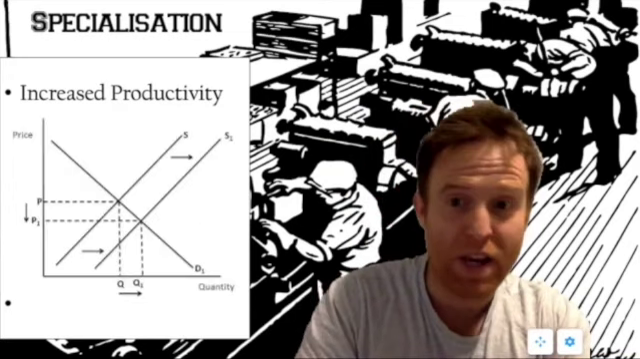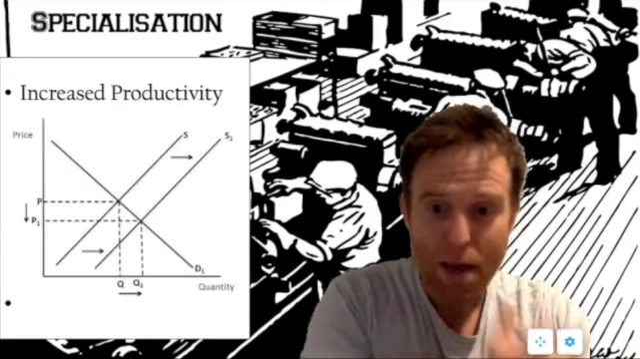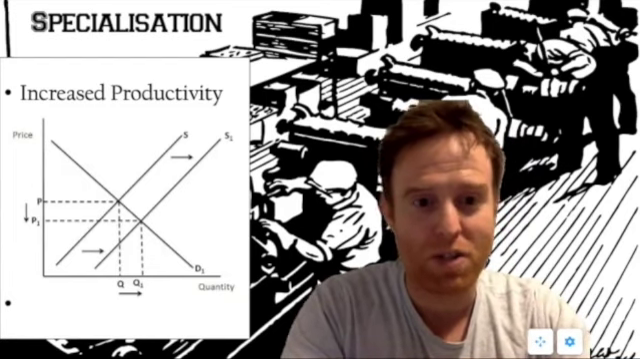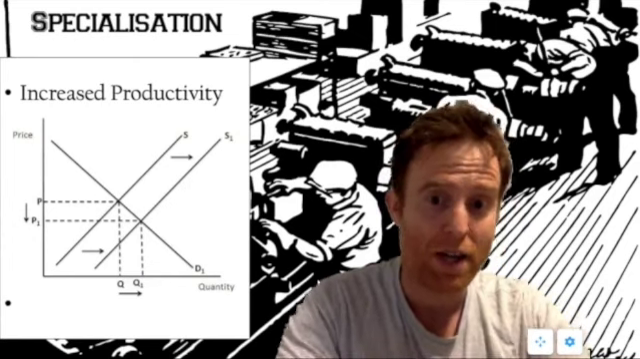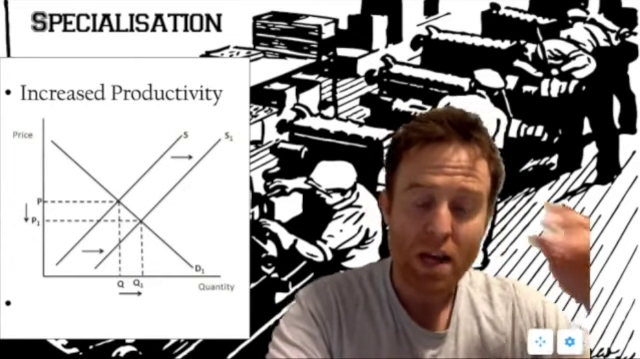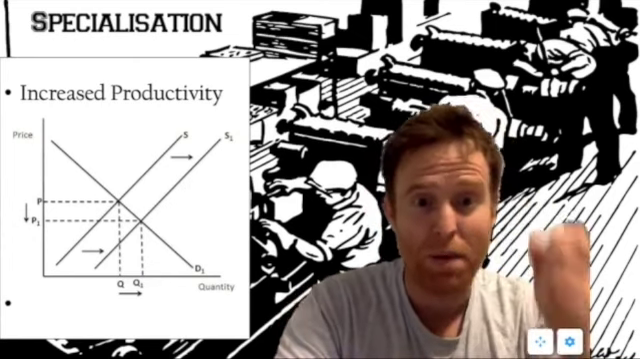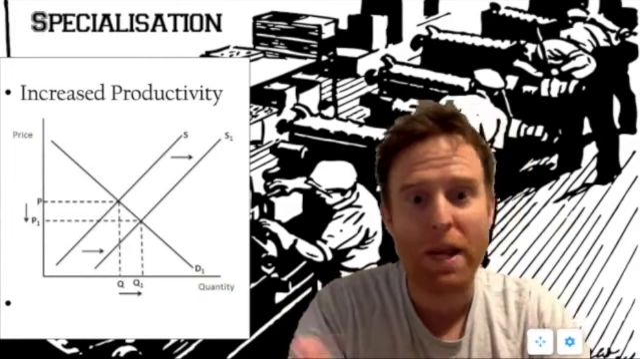Another benefit is obviously when you're looking at supply, because the whole idea of increasing productivity is that the ability and the willingness of suppliers to produce more goods increases. So when we're looking at a supply and demand diagram, let's say we give the example of a pin factory,